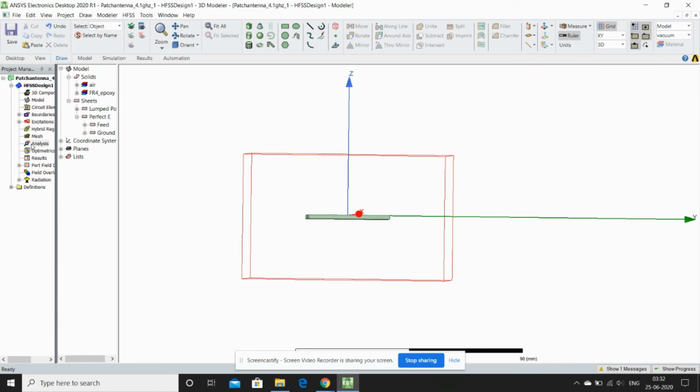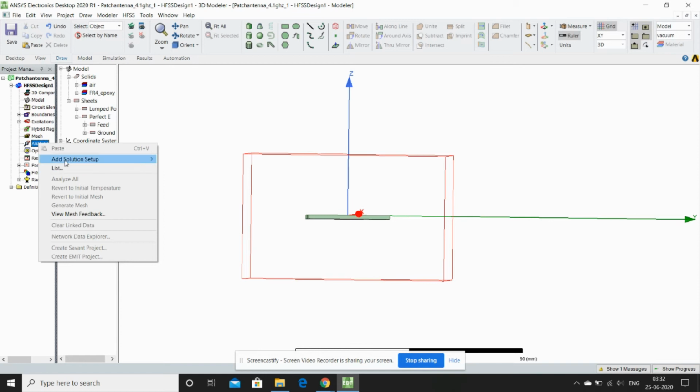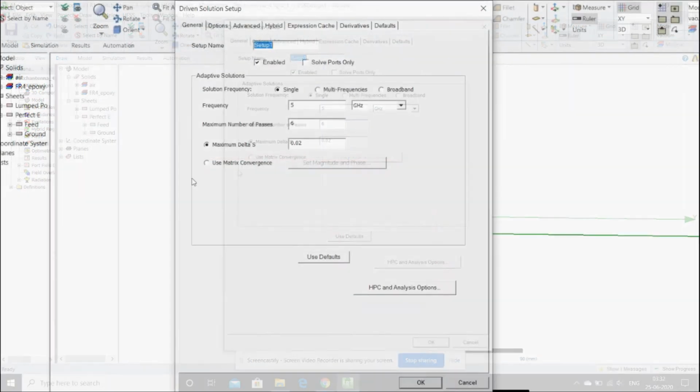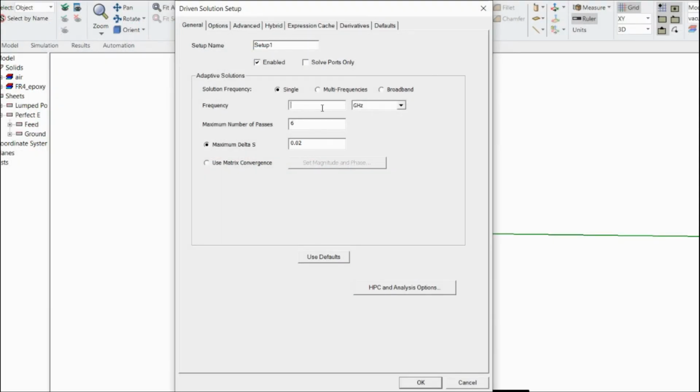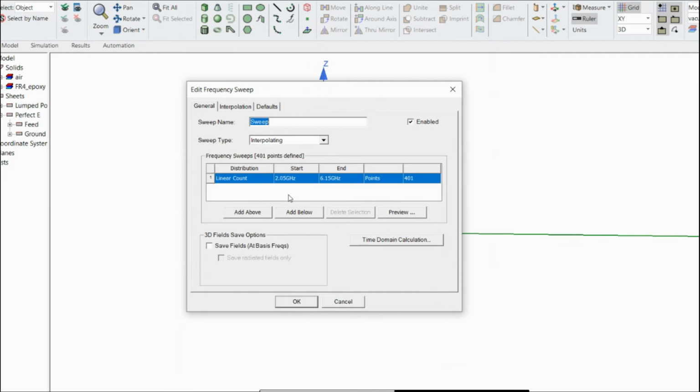Now we are giving the values for analysis. Just right click on analysis, add solution setup. Then give frequency as 4.1, number of passes as 20. Click OK. I am giving the frequency sweep as fast, and I am considering from 3 gigahertz to 5 gigahertz, and the points are 151.